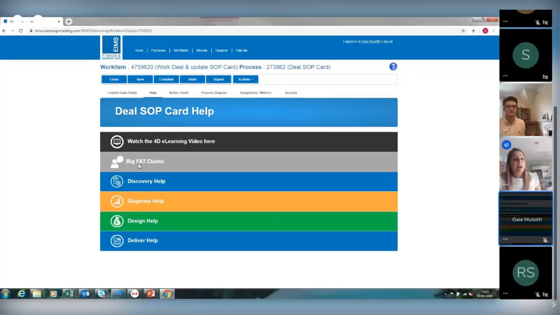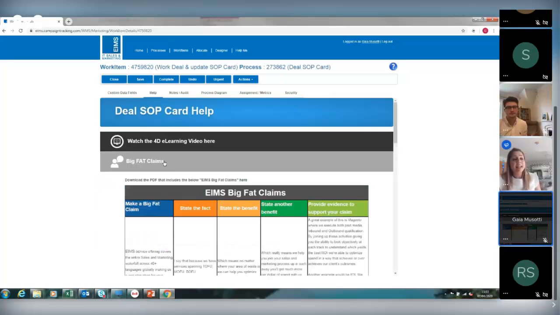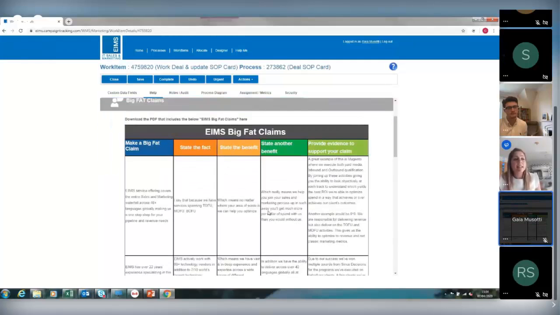Okay. On top of that, we've created Big Fat Claims. And again, I'm touching these at a very high level because you're covering this with Louis tomorrow, so I don't want to give you too much information. But Big Fat Claims are basically the claims that EMS can make when you're having a conversation with the client, right? So you make a Big Fat Claim, state the fact, state the benefit, state another benefit, and then provide evidence to support your claim, right? So this is what the EMS service offering covers, the entire sales marketing waterfall across 40